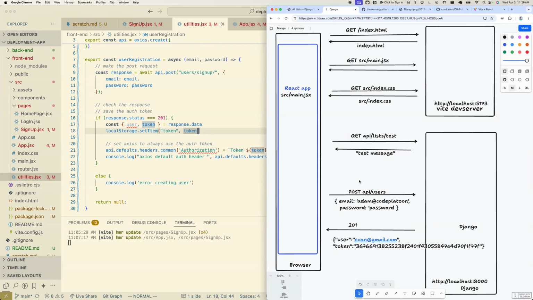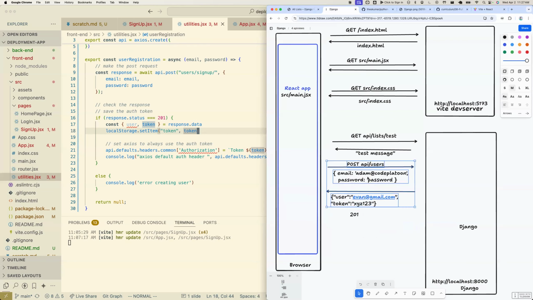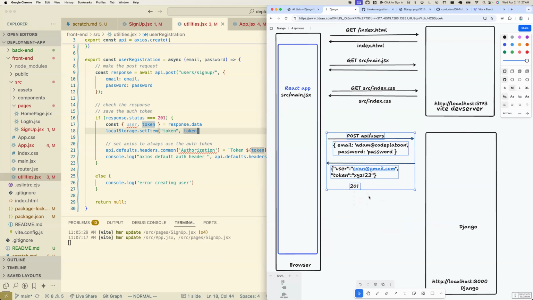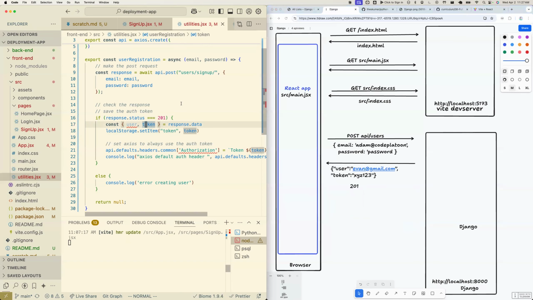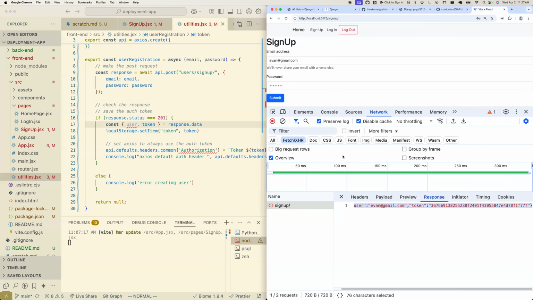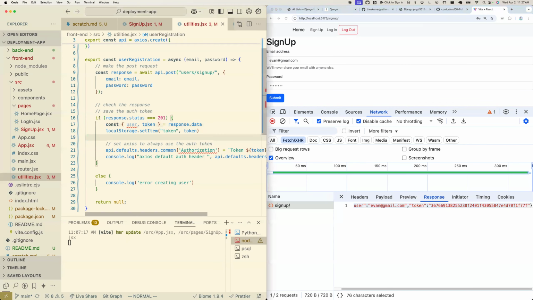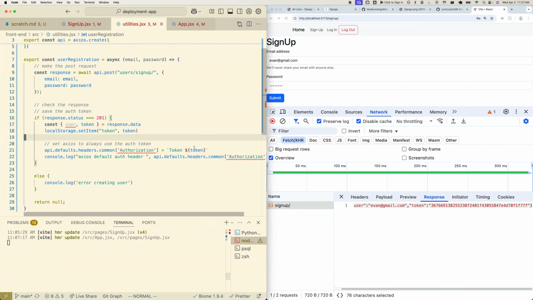So this now gives us what we need to do more stuff, right? Because now I actually have what I need to make lists and all the other things, but I need to get this data, the user information and the token, to the other parts of my React app. And we started to see that with local storage, where what we do in our code, and I'm going to close this out for just a little more real estate,